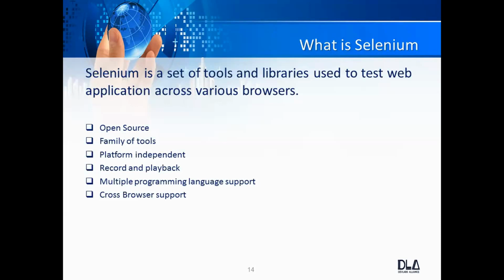And then the record and playback feature. Selenium has a record and playback feature as well. There is one tool from this family, Selenium IDE. You can record, and you can play back whatever you have recorded. This is very useful when you have a team member who is not very efficient in programming, or who can't develop code.